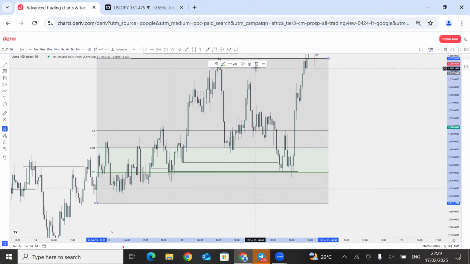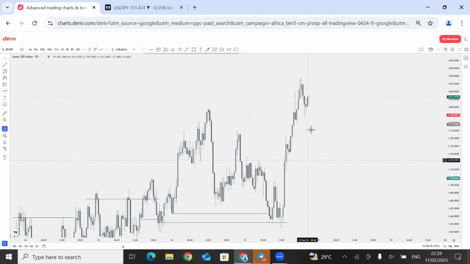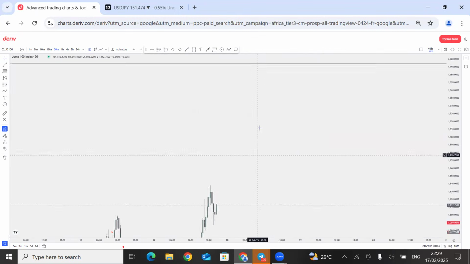So I marked out the key level from here, added my sweep, break of structure to the upside, liquidity, key level. What happened? Price goes up, comes, taps here. Here's my entry, tap here, but now still look for more buy opportunities here until price reaches this top.